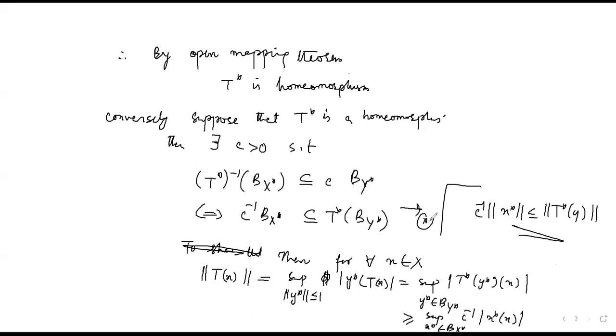Here we won't write star, there are many stars here. So we get norm of Tx is greater than or equal to, let me write again, supremum x star belonging to the unit ball of X star, some positive number